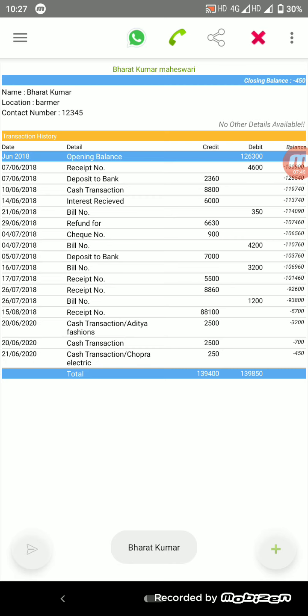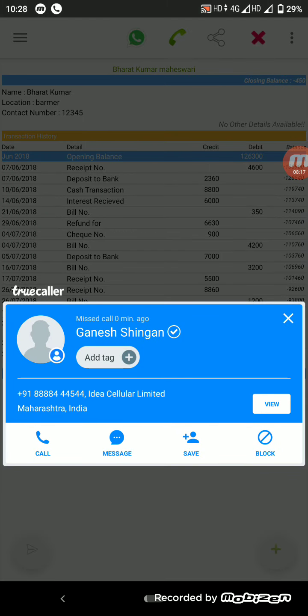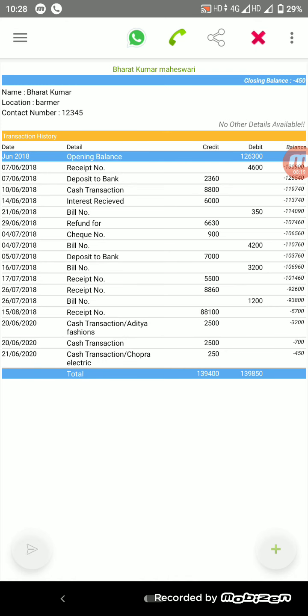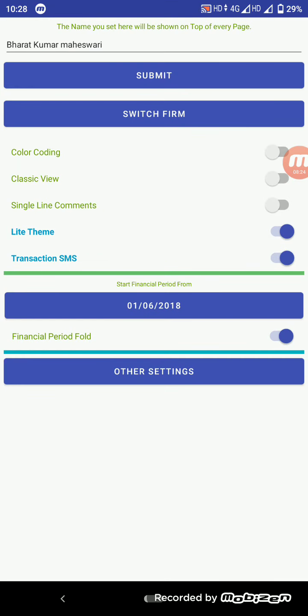Now you can see for this account, at the top in the blue color line in the transactions list, the date is mentioned as June 2018, because I had selected the financial period starting date as June 2018, and the opening balance is shown, and after that all the transactions are listed. So this was the financial period setting option.